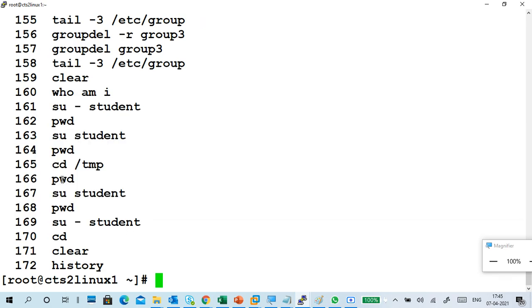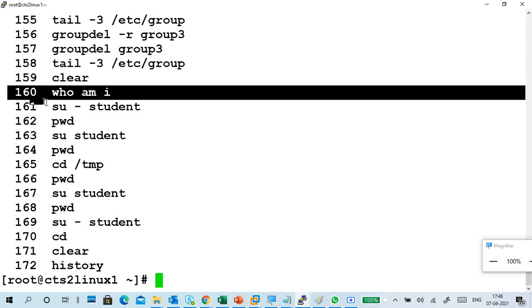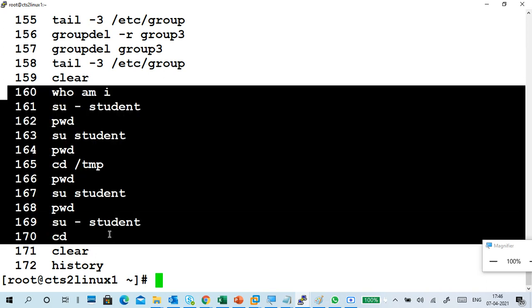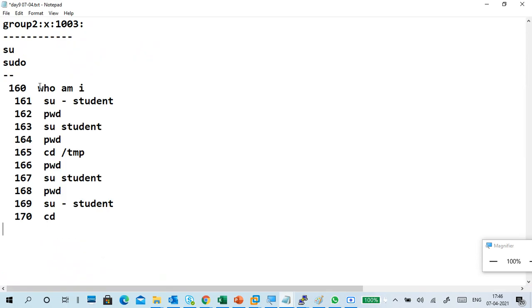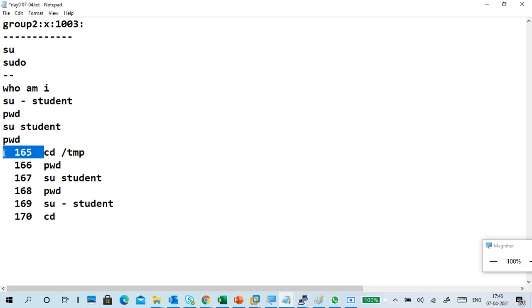Clear. Where am I? Because we are in root and switching from root to another user, our current login is root, and it is not asking any password.